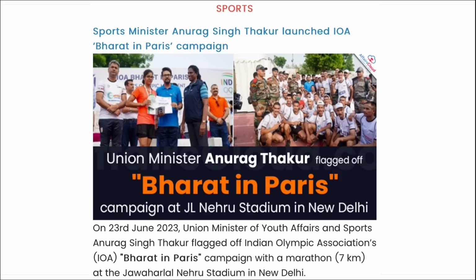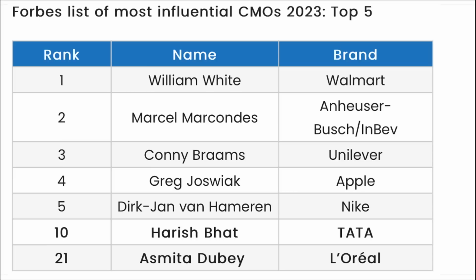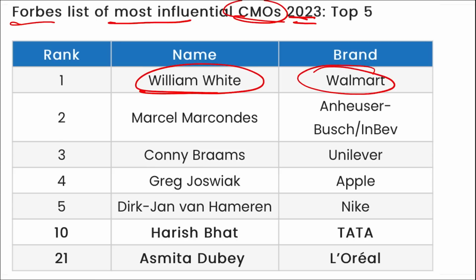Now let's move to the revision part. Recently, the Bharat in Paris campaign was launched by our sports minister Anurag Singh Thakur. IIT Kanpur recently successfully conducted cloud seeding technology for artificial rain. Next, here you can see the Forbes list of the most influential CMOs of 2023. William White of Walmart is in the top position. Harish Bhatt of Tata and Ashmita Dubey of L'Oreal are from India, at 10th and